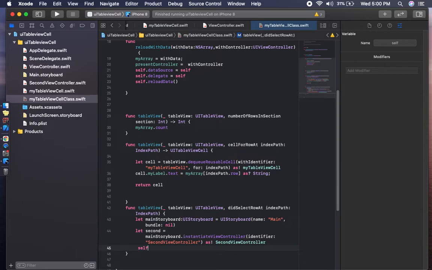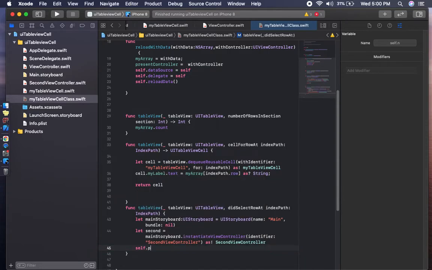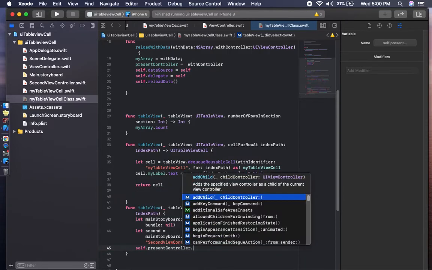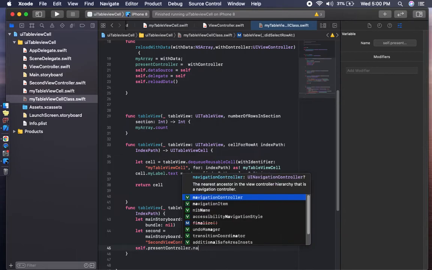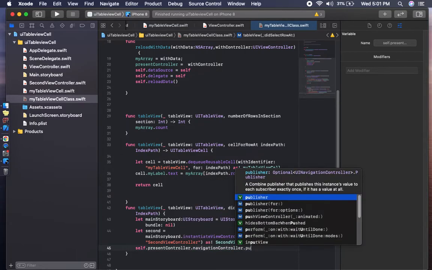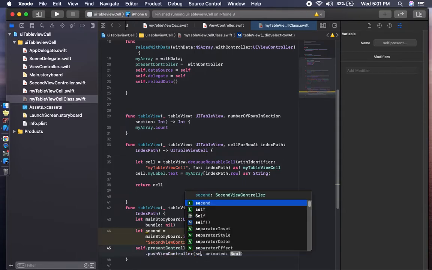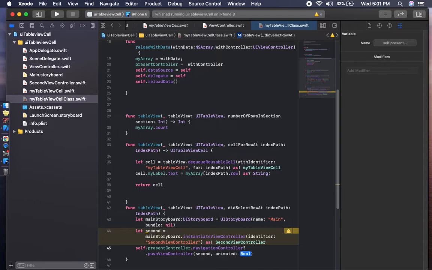Self.navigationController pushes from which class to the second class, with animated boolean value true.